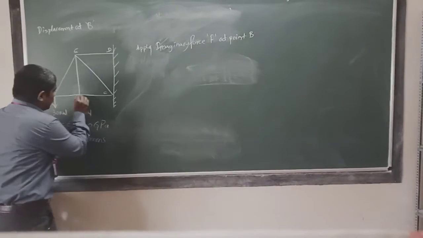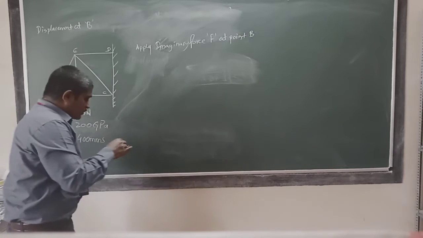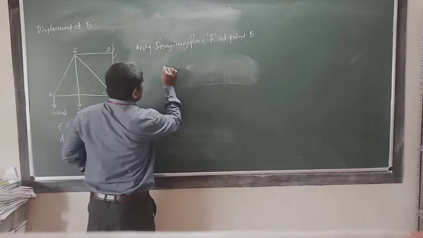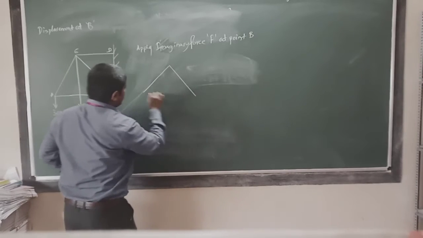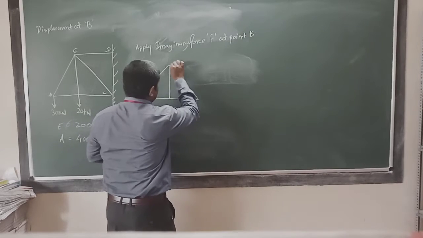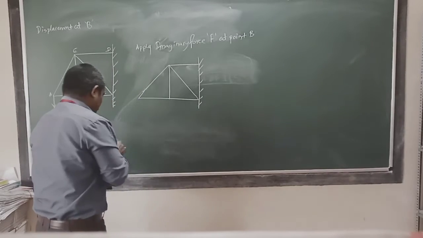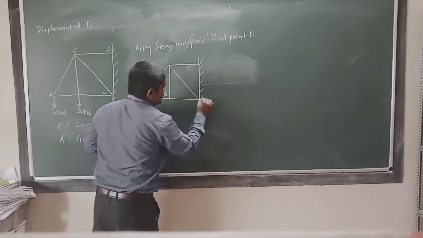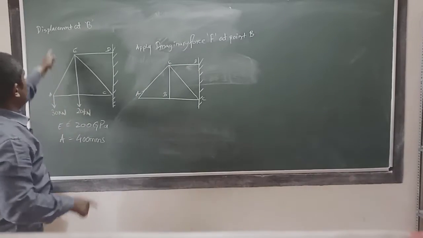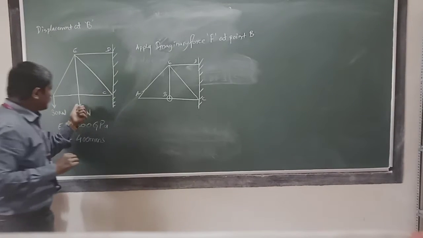Now the real structure, if you see, okay, let me draw this real structure here. One more structure I will take, the same structure, where I am going to put the imaginary force. So like this, again I will take one more diagram like this, and this is going to be like this. A, B, C, D, E. Fine. Now where have they told you to calculate the displacement? They have told you to calculate the displacement at point B. Now in the real structure.